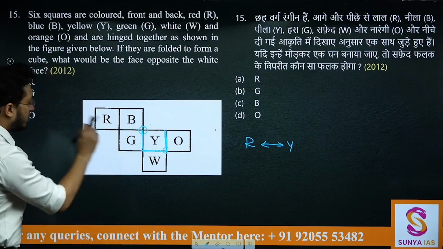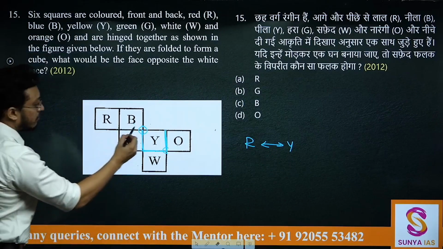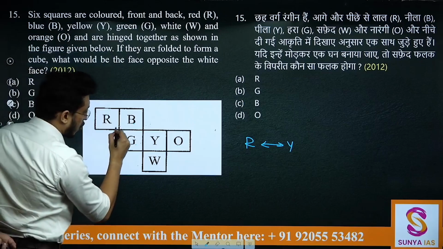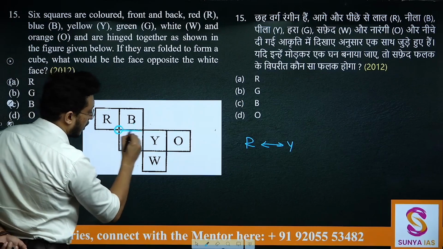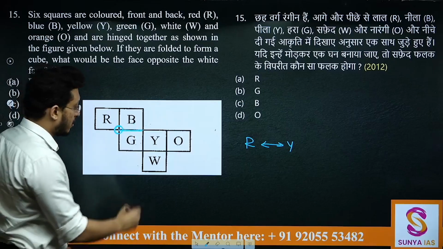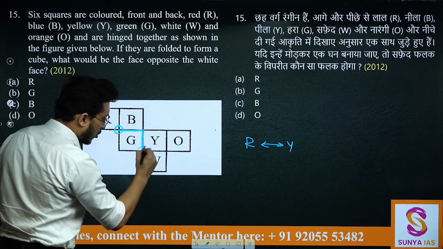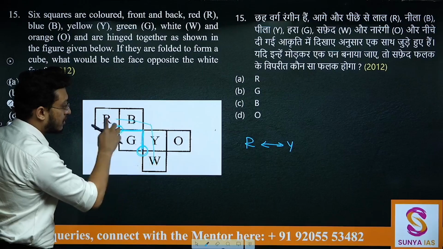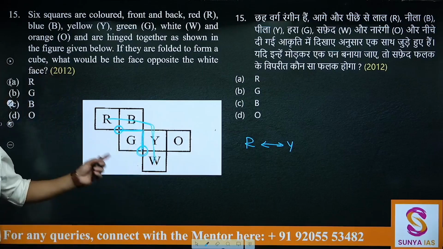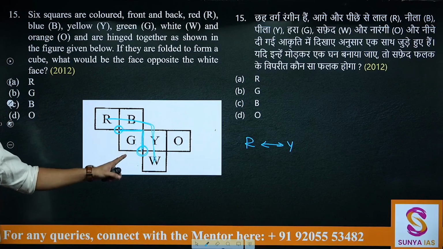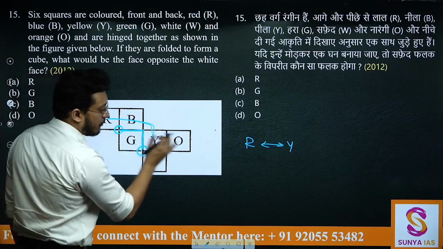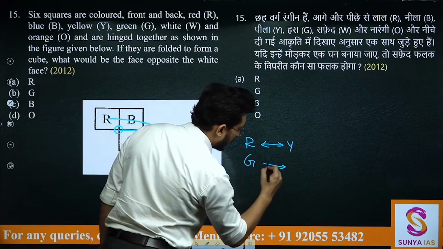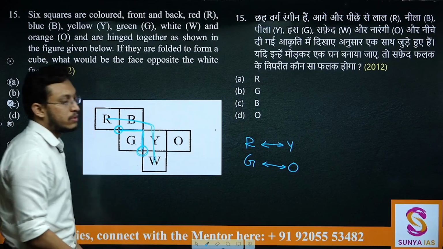Same way, let's see g here. If I have g in consideration, g is having a corner with r, a particular edge common with b, an edge common with y, and a corner common with w. That means all of these four faces are adjacent to g. So g, the remaining face that is there, o, g and o will be opposite. So these two are opposite, those two are opposite.